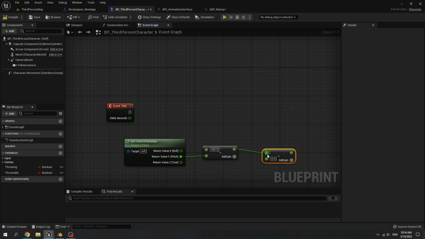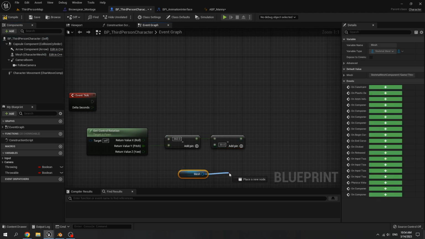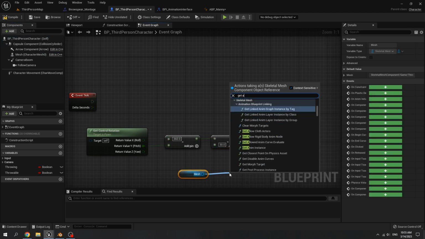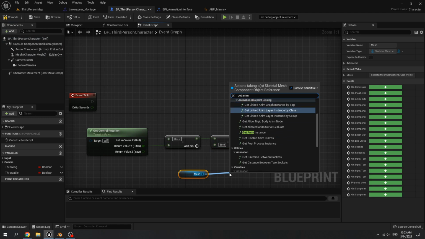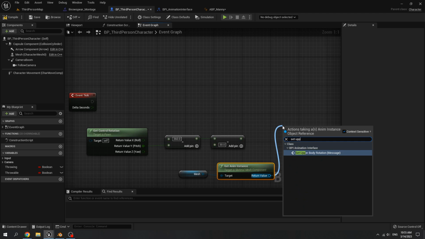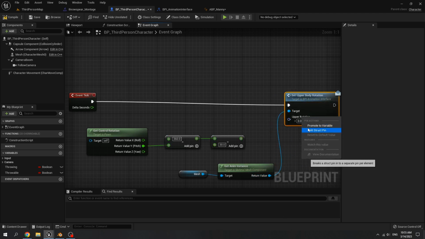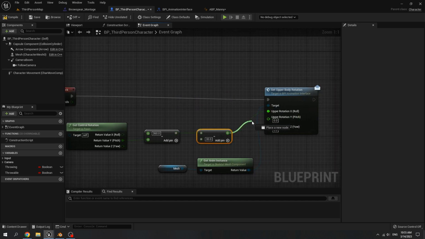Subtract it with 30 to make our character turn up a little bit. Then get mesh, get anim instance, call set upper body rotation message. Split the upper rotation, connect the value to upper rotation X roll.